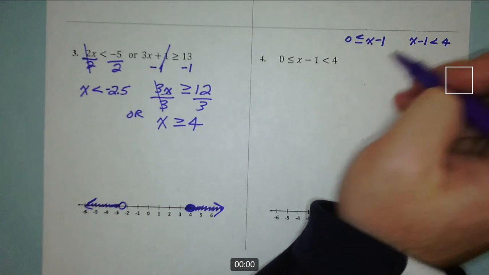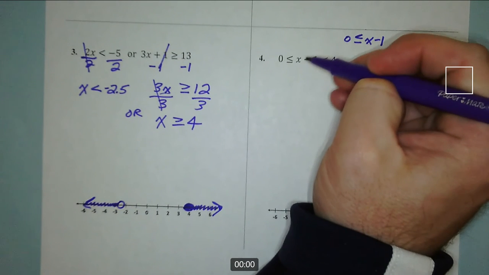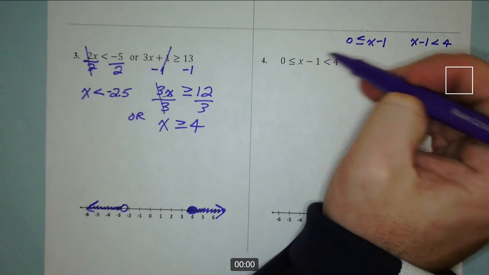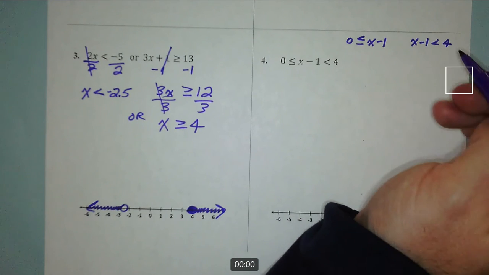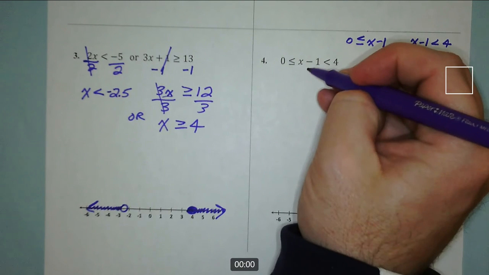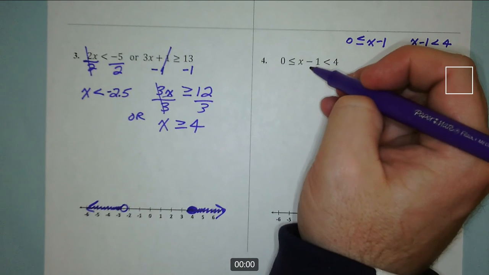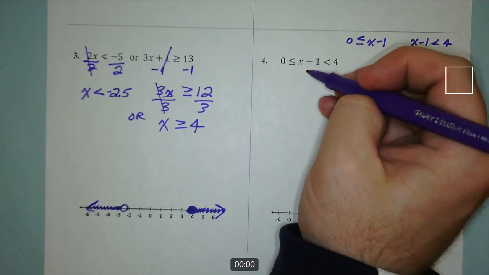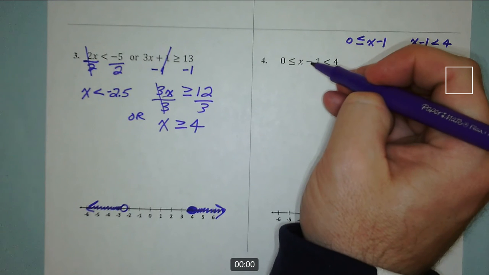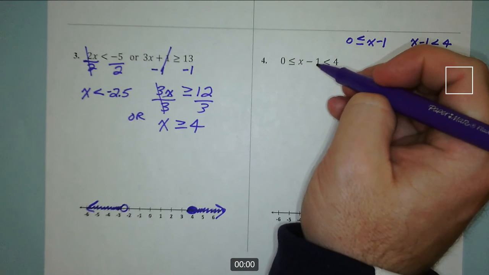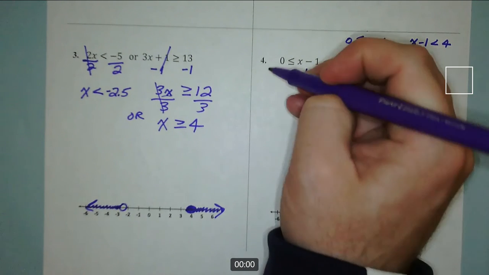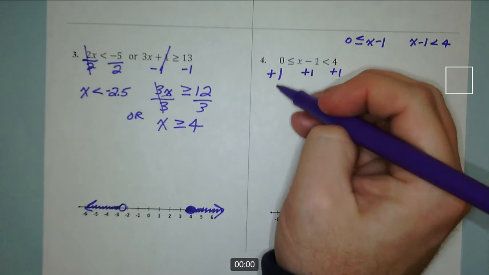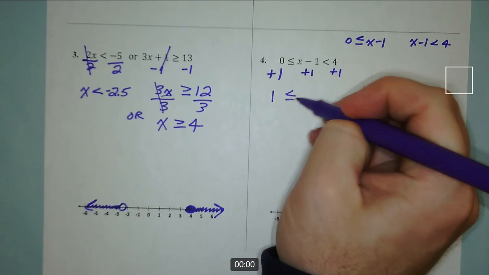Yeah, the word is and. So this is like an and in disguise. Again, if you were to literally break these back up into two separate ones, just like this, the word is and. But I like to get x all by itself in the middle here. So how do I get x all by itself in the middle? I have this minus 1 I have to undo. So I'm going to add 1 to the middle, the right, and the left. And so I got